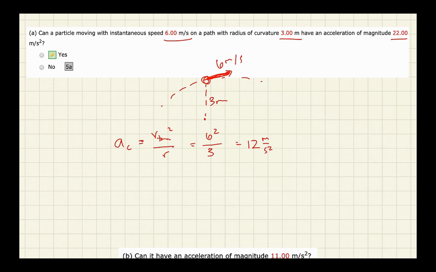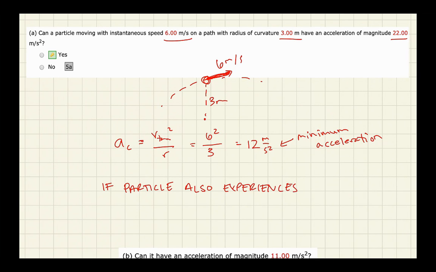Now, that would be the smallest acceleration. Could it be bigger than that? Yes, it could. This would be the minimum acceleration. But if the particle also experiences a tangential acceleration, then the total acceleration, the resultant, right, can be greater than